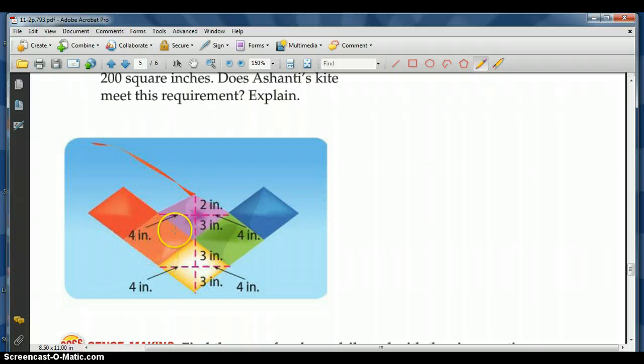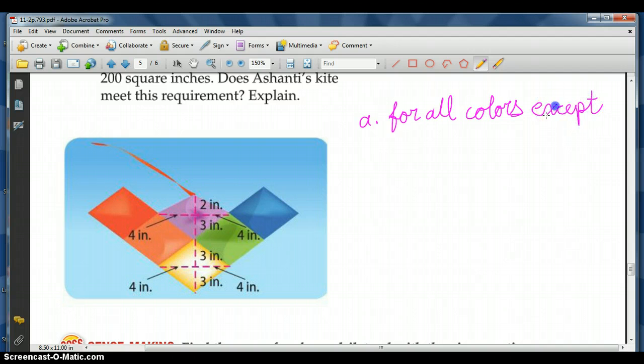So 6, 8, 6, 8 for each of those. The purple would be different. So for all colors except purple,